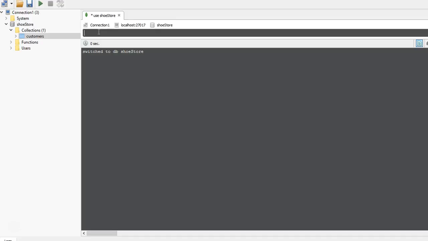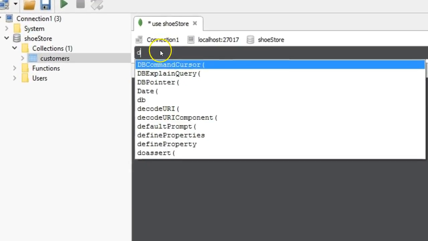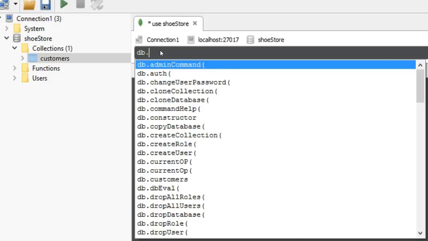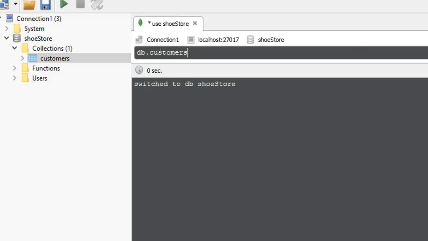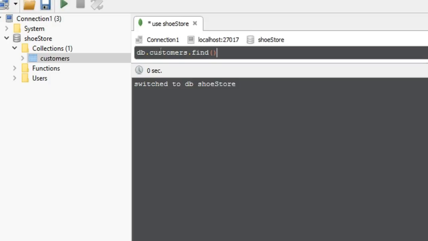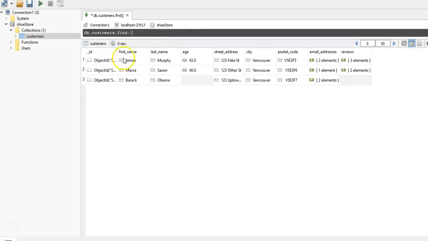Now the way that I query all of the documents and all of the fields within all of the documents in my customers collection is to type db, which stands for our ShoeStore database, and then I'm going to write in the name of my collection, which is customers, and then the method is called find, and I'm going to close with these two parentheses here, which is the way, if you think in JavaScript, we execute any function, any method. So I'm going to run this, and it's going to return the three documents that we have within our customers